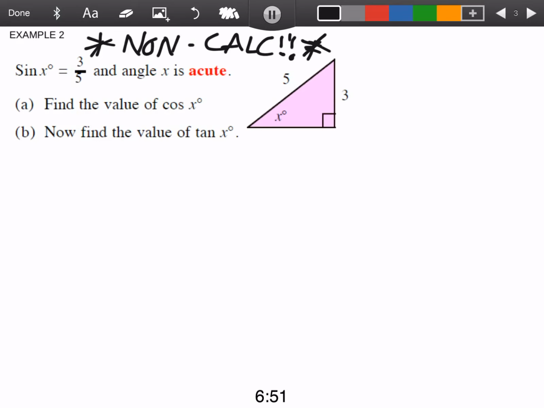Right, so it says sin x equals 3 over 5. Angle x is acute. There's angle x in a wee picture. It's a wee right-angled triangle. Find the value of cos x and find the value of tan x. Right, let's go back a bit, okay? We need to think way back. The very first time you did trigonometry, remember it was sin, cos and tan. And I'm not talking about sine rule and cosine rule. I'm actually talking about